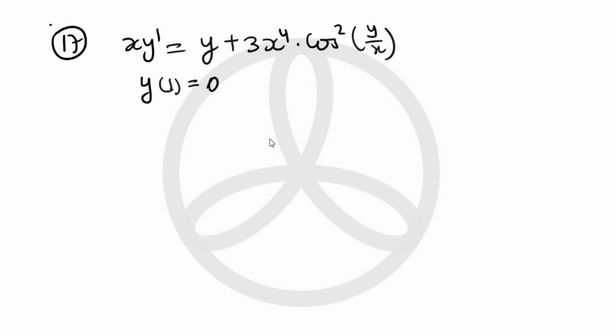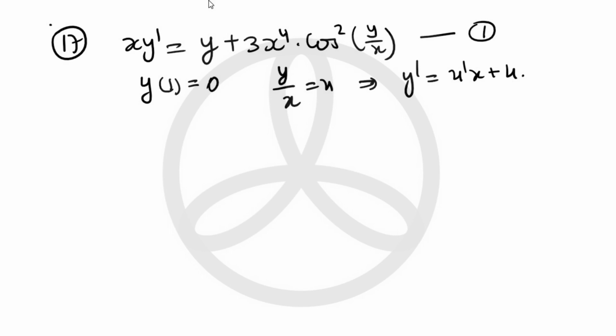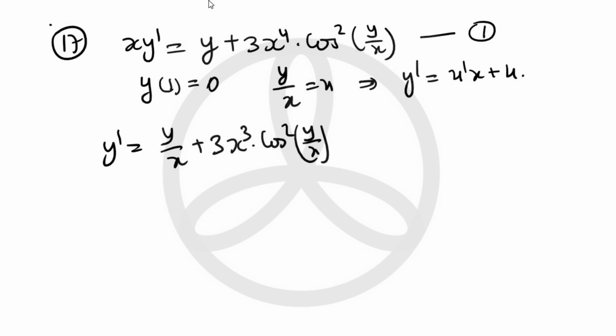We will assume here y is equal to x times u, and the moment we differentiate this with respect to x, we will get y prime as u prime x plus u. Okay, and this equation 1 which is given here, we may rewrite as y/x plus 3, and 1/x will cancel with x and it will become 3x cube, and then cos square y/x. And the moment we replace this and this here,